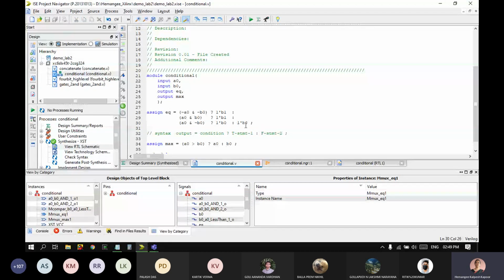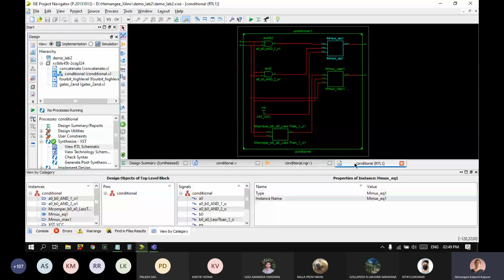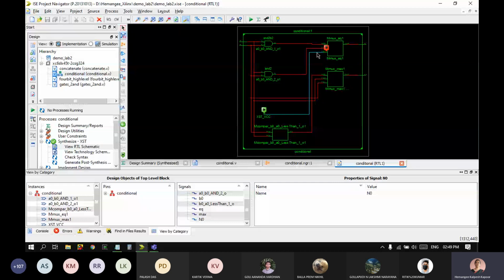So this is the mux it has synthesized, and the third input is coming from ground, because once these two are false, the other two inputs have got no meaning, so it has connected it to ground. So it has made the value equal to 0. So that is the mux, and this is the output which goes to the variable EQ.